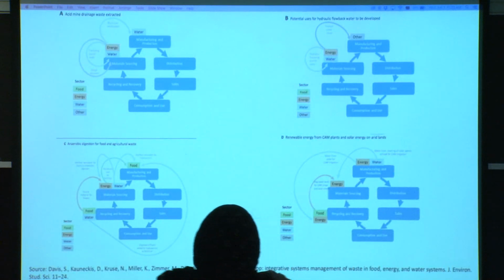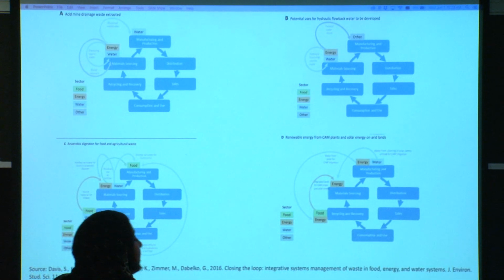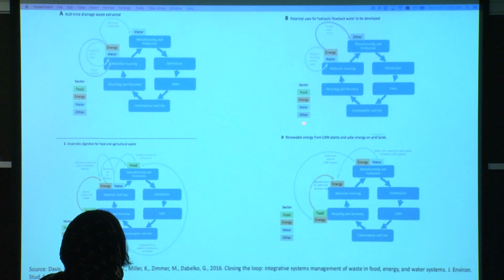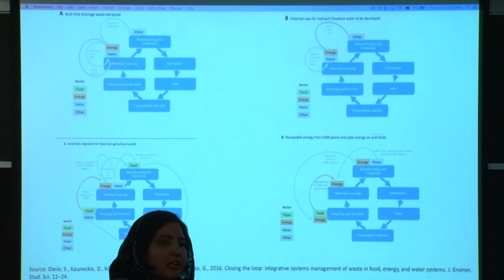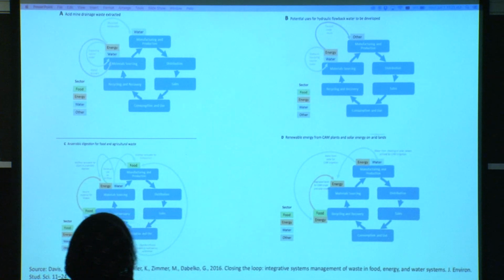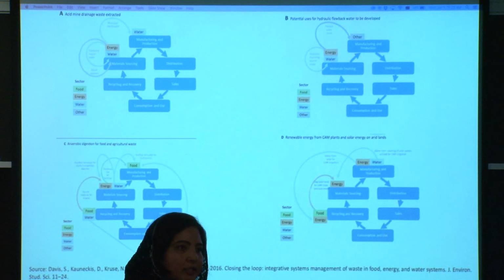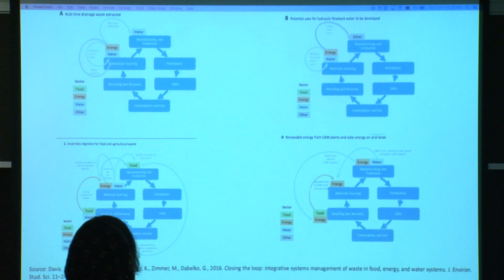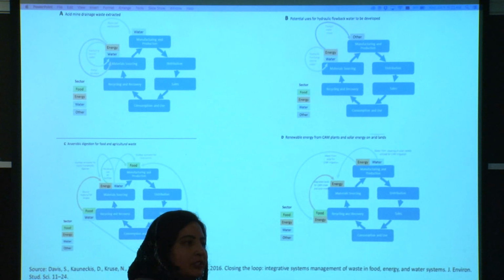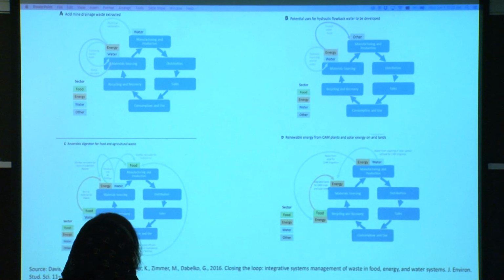So the model that I found, proposed in the paper, looks at dealing with the food waste, the energy waste, and the water waste as inputs to produce new sources. So for example, it deals with the water waste and then uses it as a material resource. It deals with the food waste to produce bioenergy, biogas, and biodiesel. It deals with all types of waste to use it as an input into others. So it's an integrative model dealing with waste management. And it appeals to me, and I'm looking forward to exploring this more in the future.